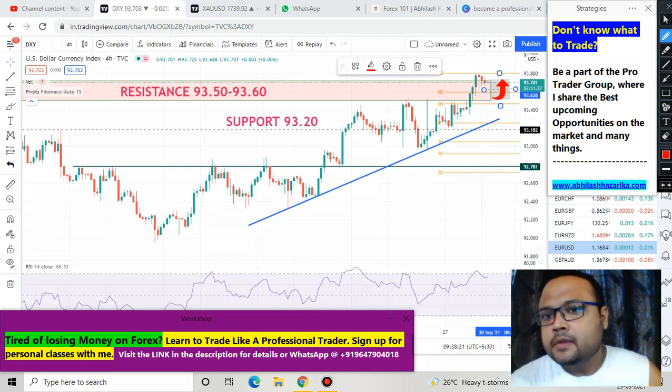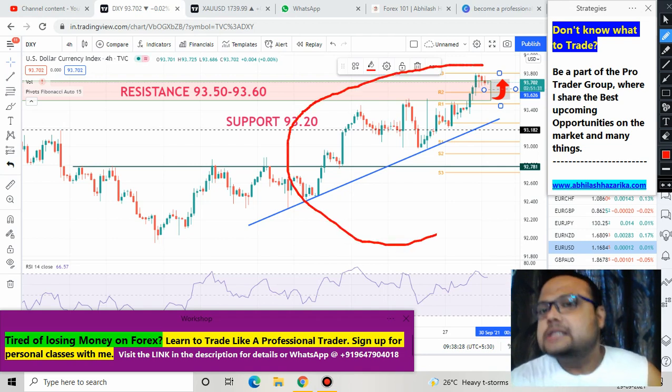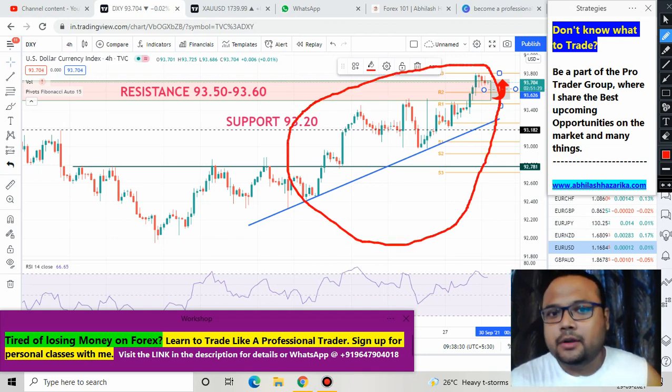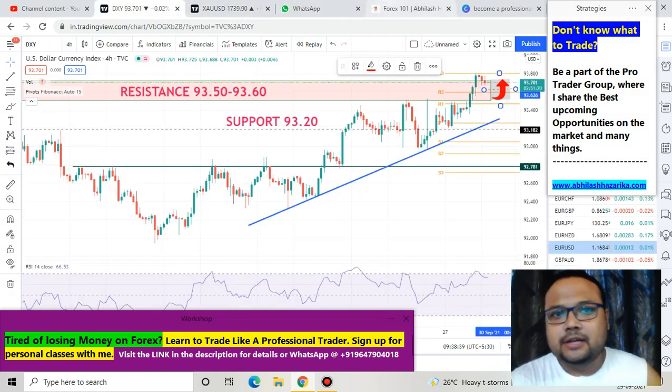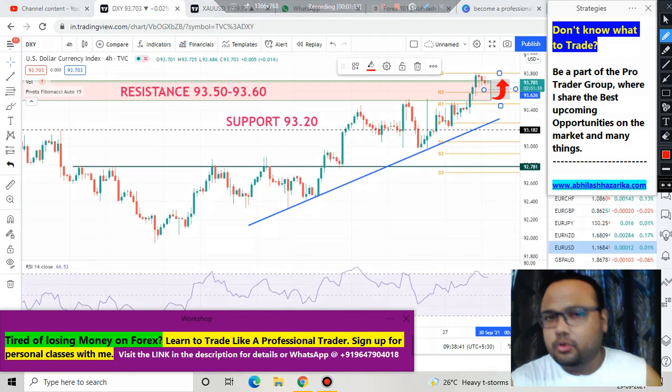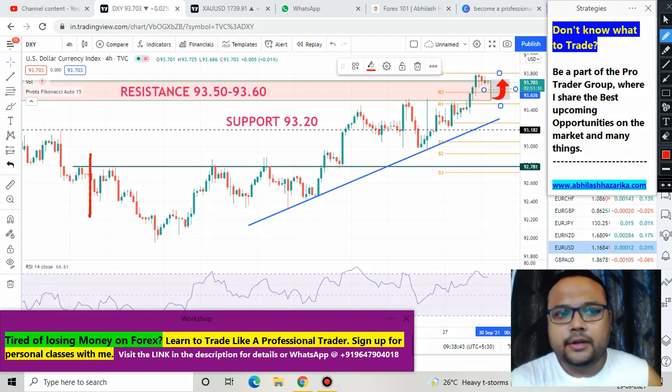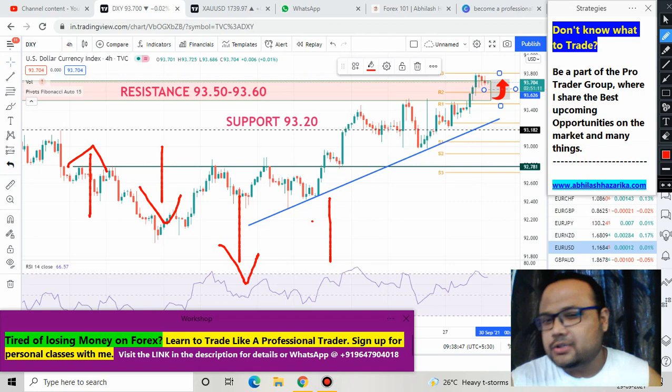and as expected, the dollar did go up, and right now we can see that the dollar is still very strong, because this was an ascending triangle pattern and the dollar gave us a breakout. As a result, gold started going towards the downside because usually we see a correlation between the dollar and gold. When the dollar goes up, gold goes down, and when the dollar goes down, the price of gold goes up.